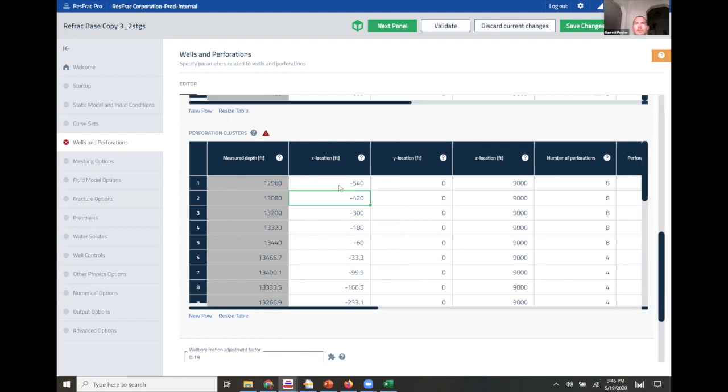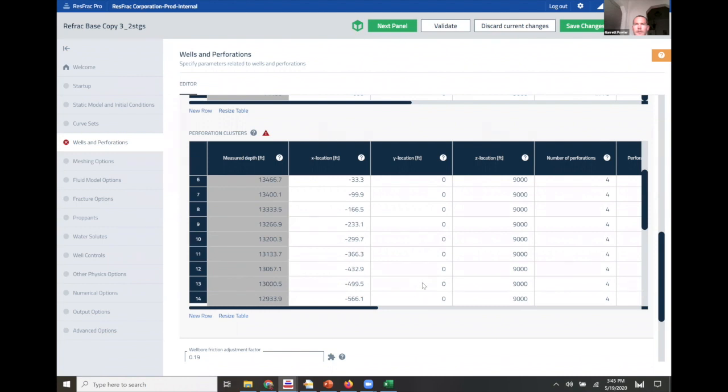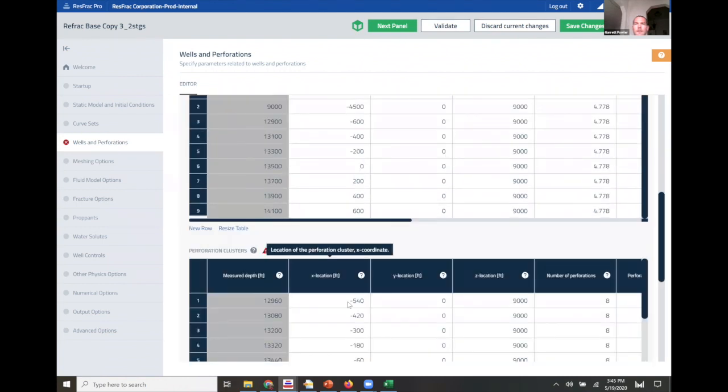What I will do is, oh, geez, a little bit of lag on my computer right now. I will copy those existing 14,